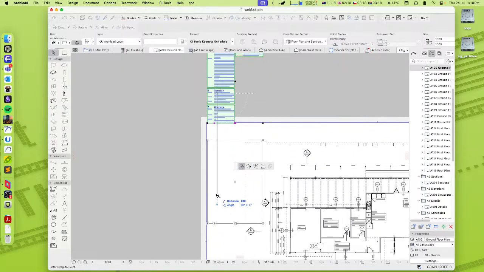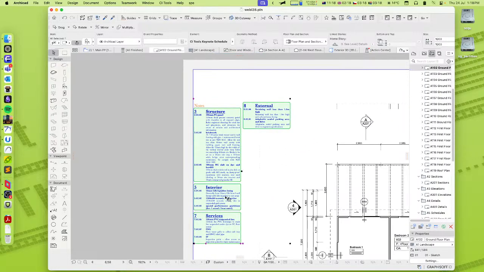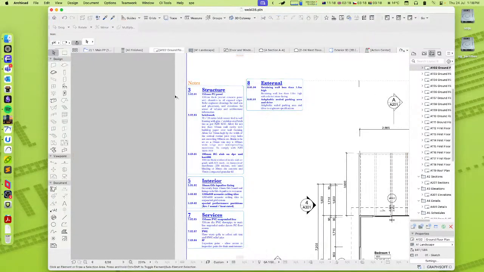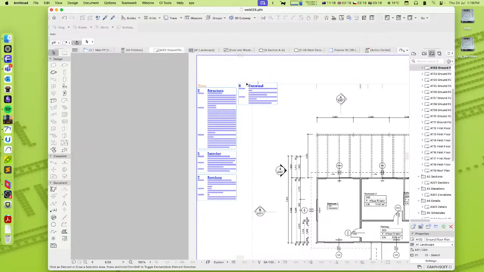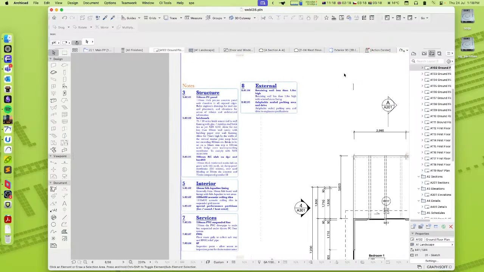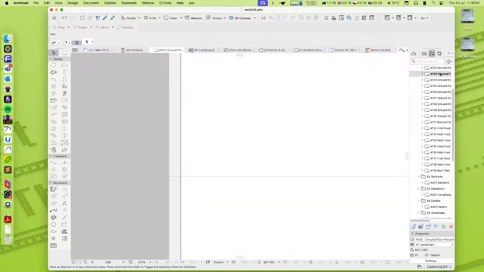So obviously it shifts it up, which makes sense. We've got our lovely Baskerville font being used across the whole thing. We've got orange at the top here, and then we have our categories in bold and underlined, all as we told it to. So that has done exactly what we told it to, and this will apply across multiple sheets as well. So if we go to a different layout,